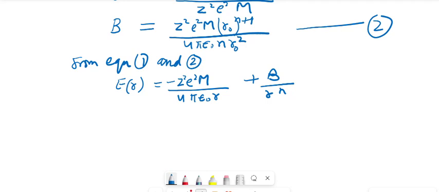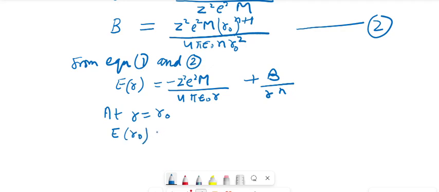Now, if we put the value of B in this equation and put R is equal to R naught,